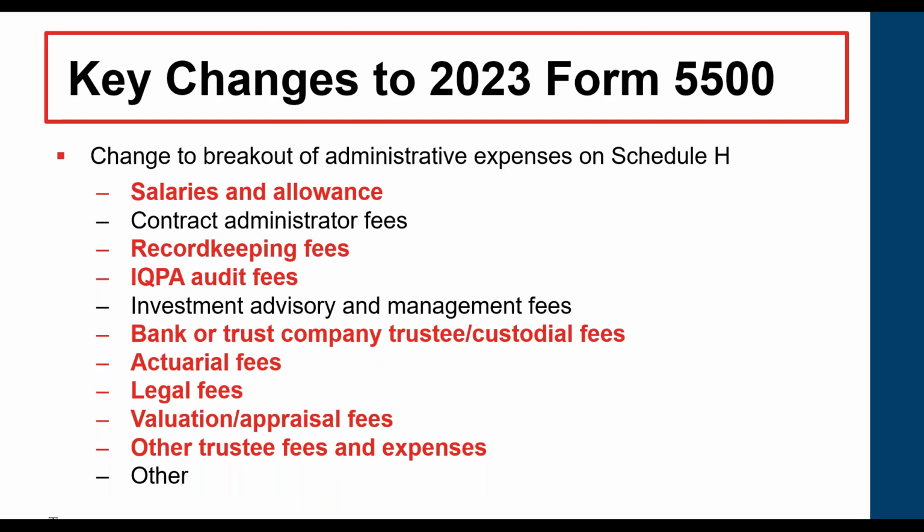So the second big change relates to Schedule H, and there's a breakout of administrative expenses on that schedule. Everything that's bolded on the screen is something that's new. Essentially these fees still comprise what you would need to report, but now it's broken out into individual line items. So just going down them, salaries and allowances, those are salaries for